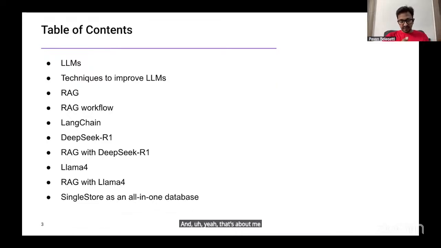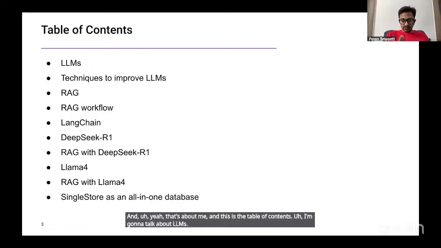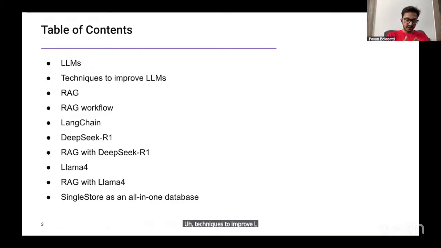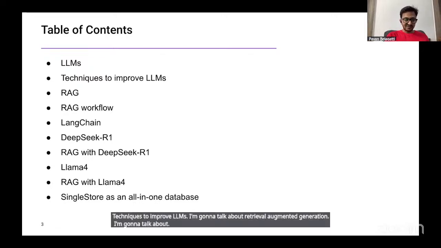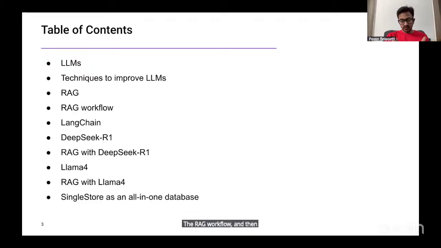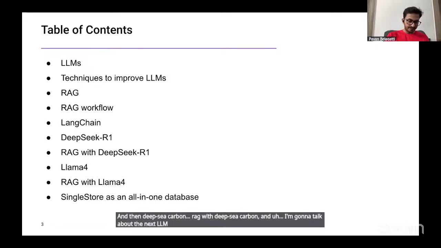And this is the table of contents. I'm going to talk about LLMs, techniques to improve LLMs. I'm going to talk about retrieval augmented generation. I'm going to talk about the RAG workflow, and then I'm going to talk about LangChain, and then DeepSeek R1, RAG with DeepSeek R1, and I'm going to talk about the next LLM, that is Llama 4, and then I'll